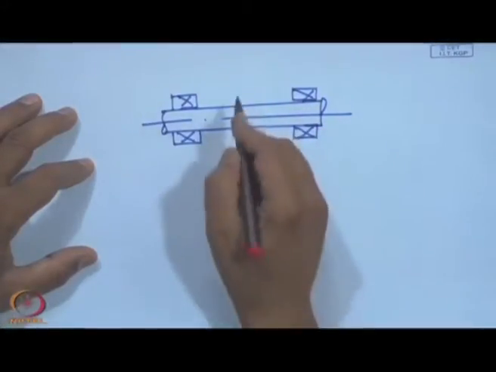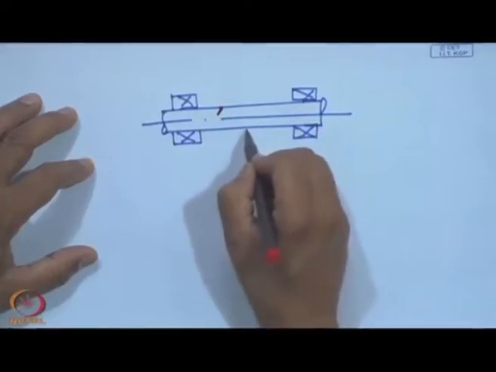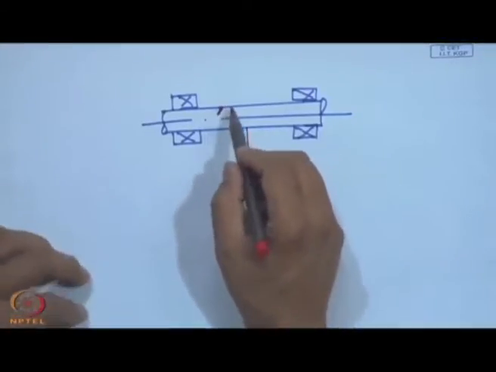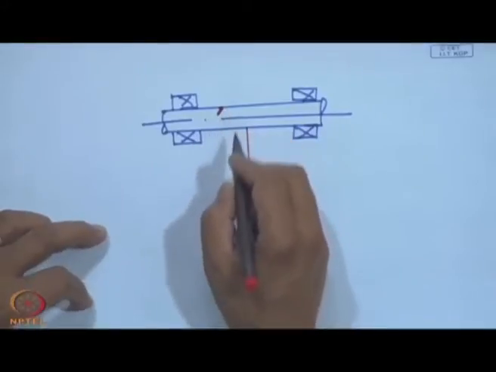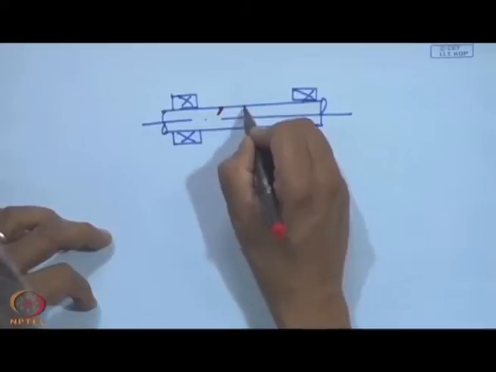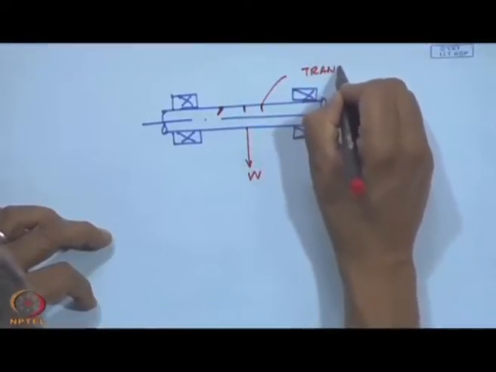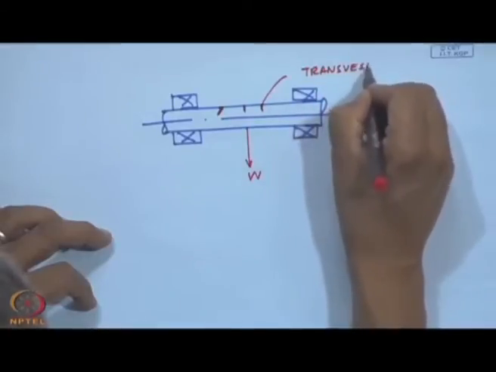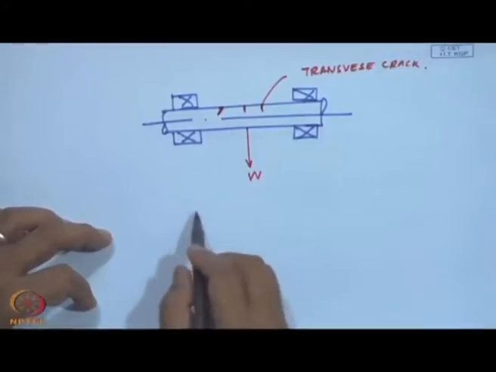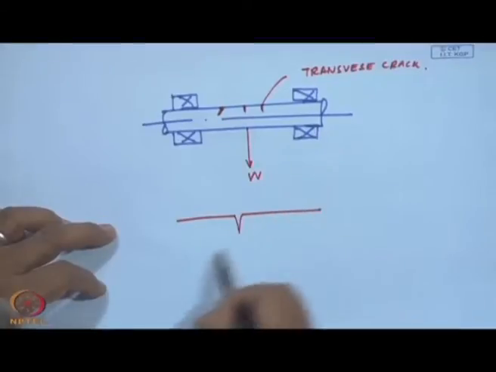Okay. There could be a crack, and there could be some bending load because of a weight. Okay. And then we are going to have this kind of a crack, which is usually transverse, almost in this line. These are transverse cracks. Okay. And if I exaggerate it in the drawing,